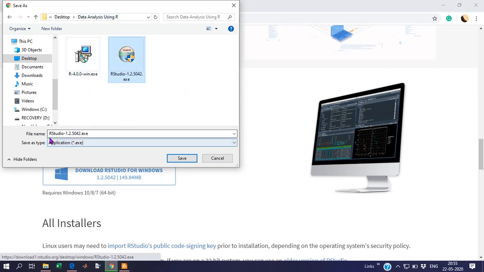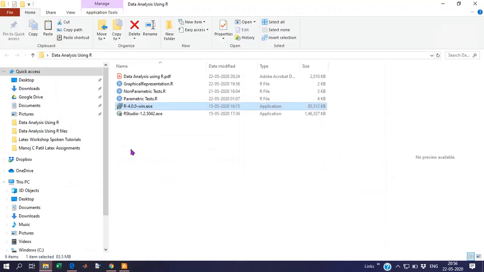You can download this RStudio. As I have already downloaded it, it's quite large, 150 MB, and will take some time depending on your network connection. So I'm not going to use that. I will go ahead with RStudio 1.2.5042. I will double click here, and again using next, it will install RStudio.